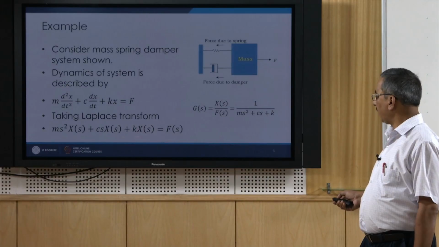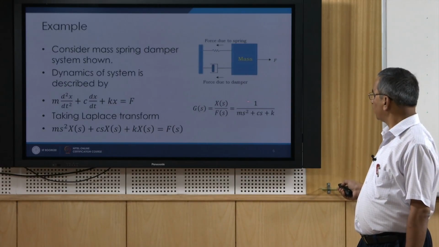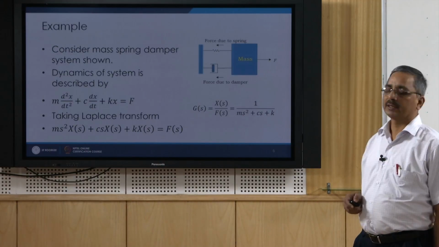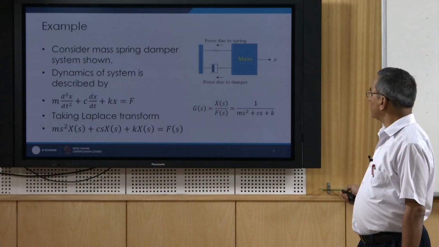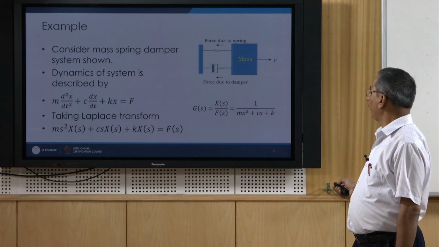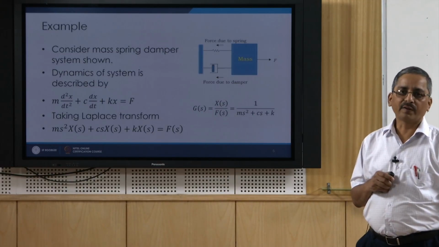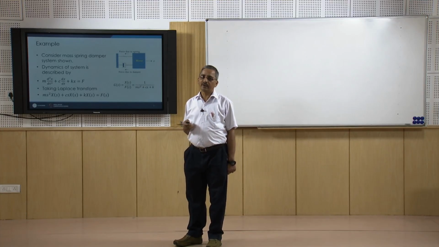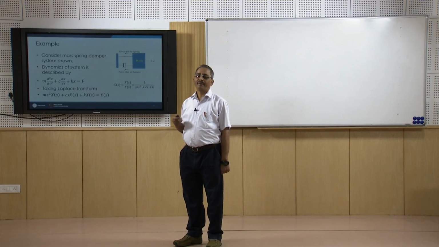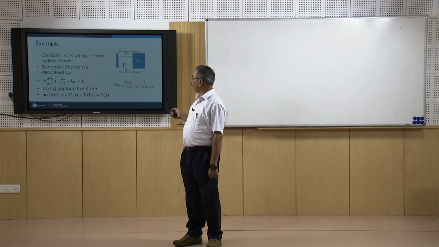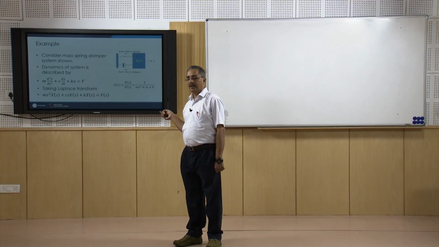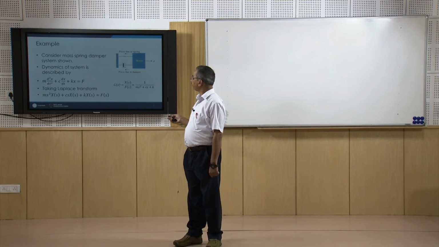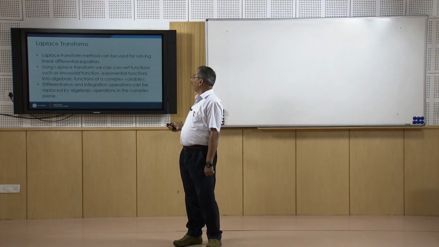So if I take X(s) upon F(s), this is what I get: 1 by m s square plus c s plus k. This is how we define the transfer function for a second order system. Likewise, we can define the transfer function for a first order system. I will take that example at the end of this lecture. Now, before we proceed, let us